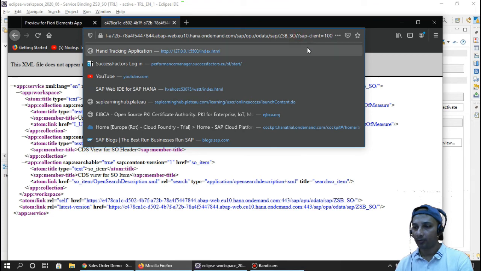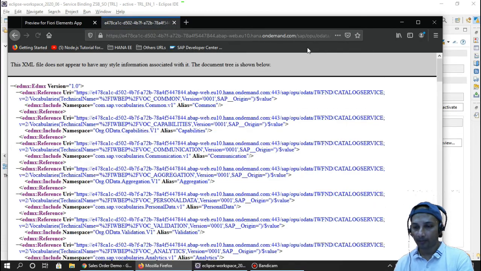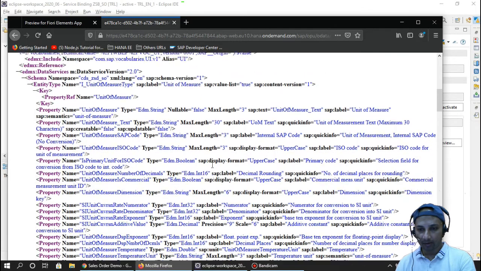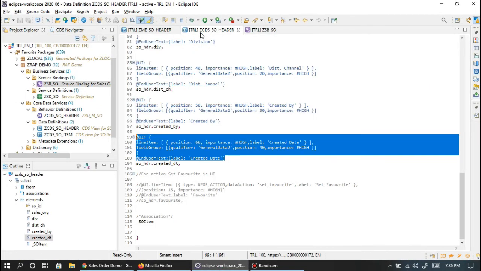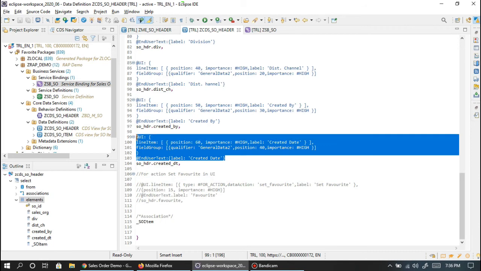I can just put dollar metadata. You see, I am able to see the dollar metadata. Now if I go to sales order header, just for checking we'll comment this UI for create date.